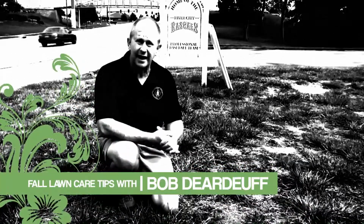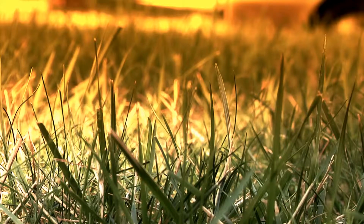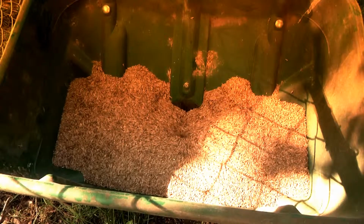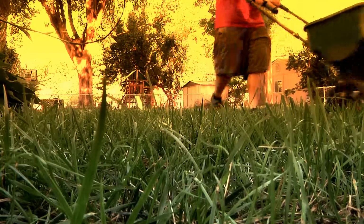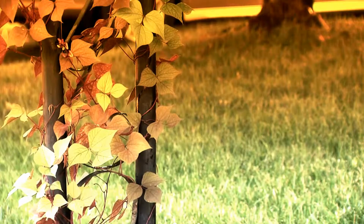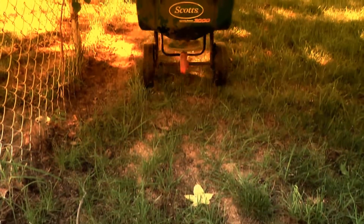One aspect about lawn care that homeowners don't realize is that late summer, the end of August, is the ideal time to plant grass seed. Warm soil temperatures in late August bring out a good incubation period to get that seed germinated. Occasional rains, but mostly supplemental irrigation from your sprinkler system, and you'll prime the seed, you'll get it rooted in 10 to 14 days, and we reach mid-September and the weather cools off, and that's the perfect time to grow